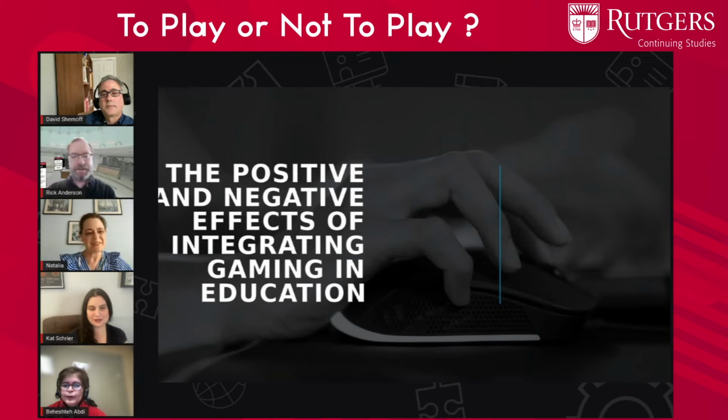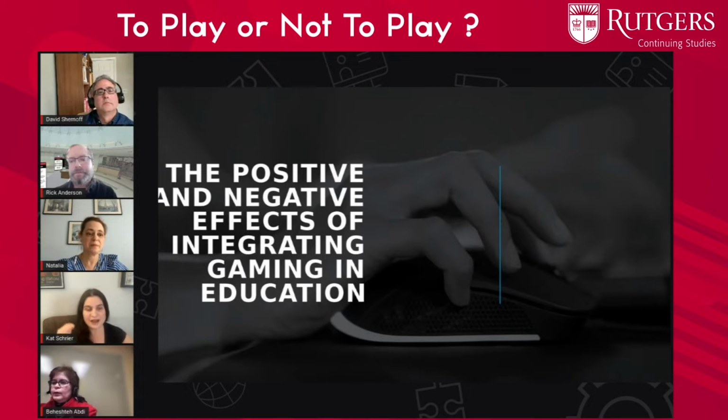Sure. It's a great point that there are differences between gamification and game-based learning. Sometimes they even overlap a little bit, where the difference between them gets a little fuzzy, right? So you might have a game that has leaderboards or badges in it as part of the game. But for me, I will be honest and say that as a game designer, we cringe a little bit when we hear the term gamification, because what we want to build are games, and we want to build transformational games, right? We want people to feel not just that they're trying to go to the next badge or trying to be the top of the leaderboard.